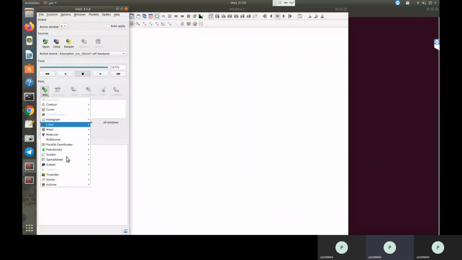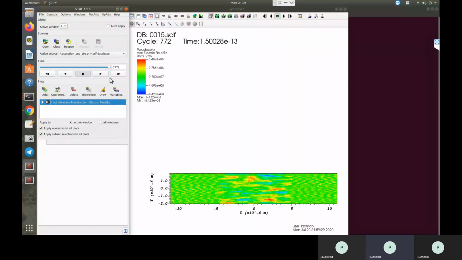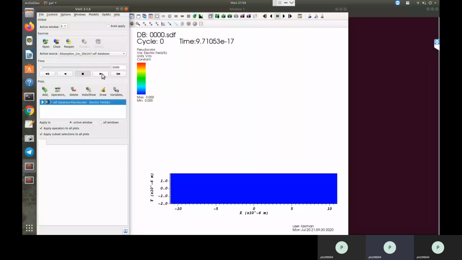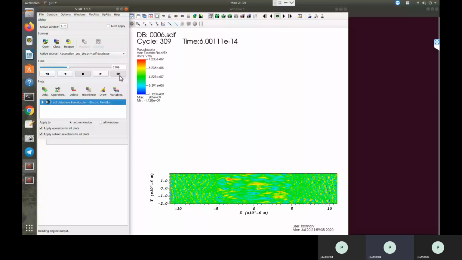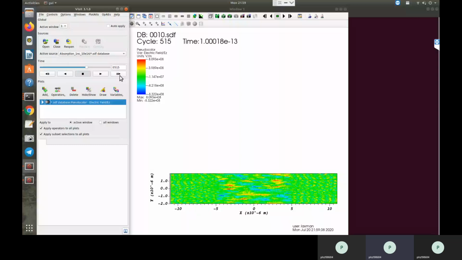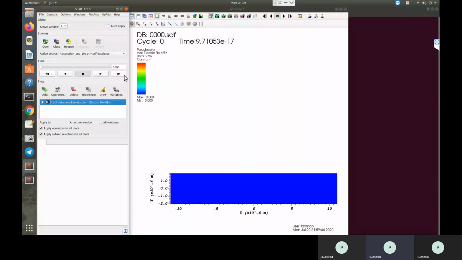Next we will see the electric field component along the z direction. So it will be like this. Okay. Now if we see the magnetic field component similarly,